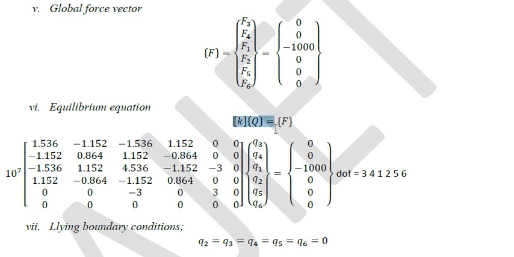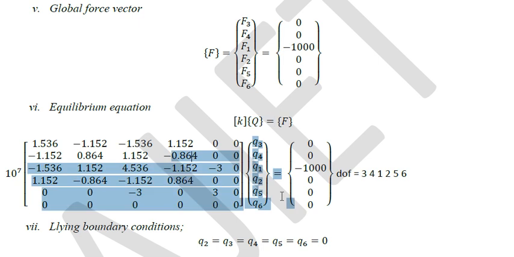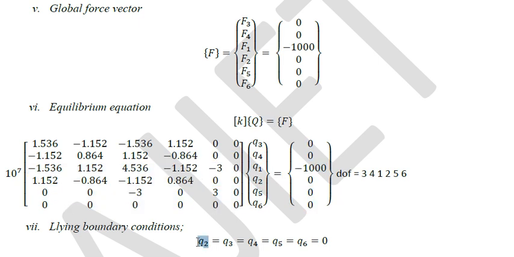So this is the stiffness matrix. Degrees of freedom maintained is 3, 4, 1, 2, 5, 6. There is no displacement in y direction for node 1 because it is a roller support. Node 2 is fixed or hinged. Both the degrees of freedom are arrested, Q3, Q4 are 0. Node 3 is also hinged. Therefore, degrees of freedom here also Q5, Q6 are 0. Only Q1 we have to calculate.